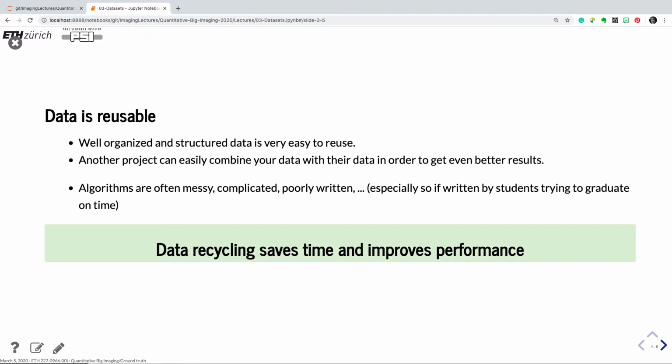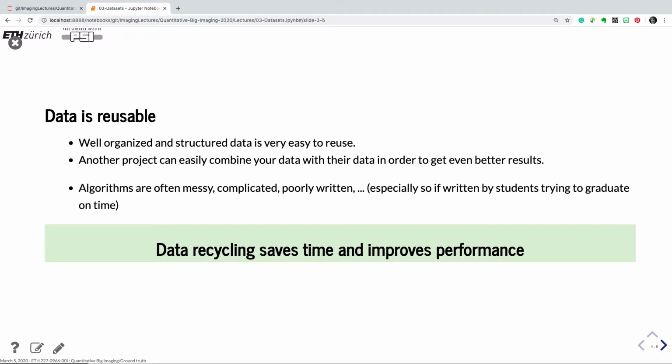Yeah, as I said, data is reusable, so if you label up your data, and then we also come to the point about open data. Today in science, many funding agencies nowadays require open science, open publications, and open data. And open data is only good if you provide the information about the experiment conditions.